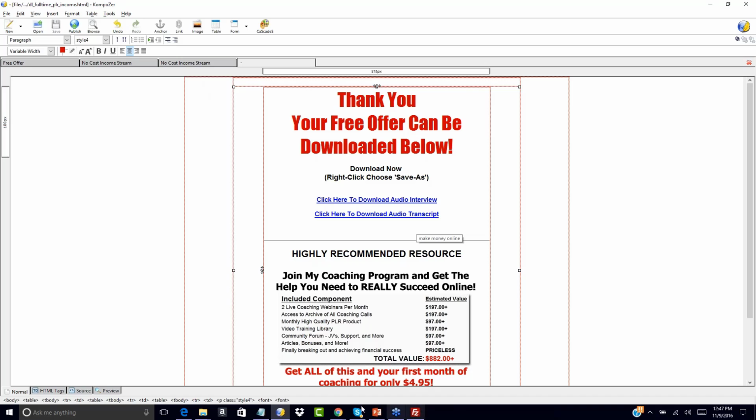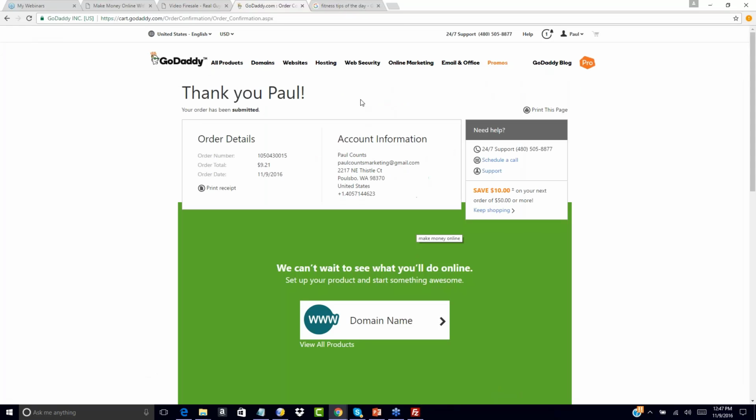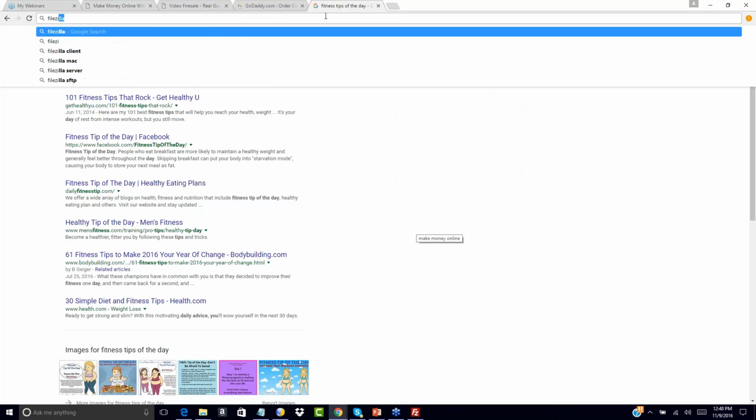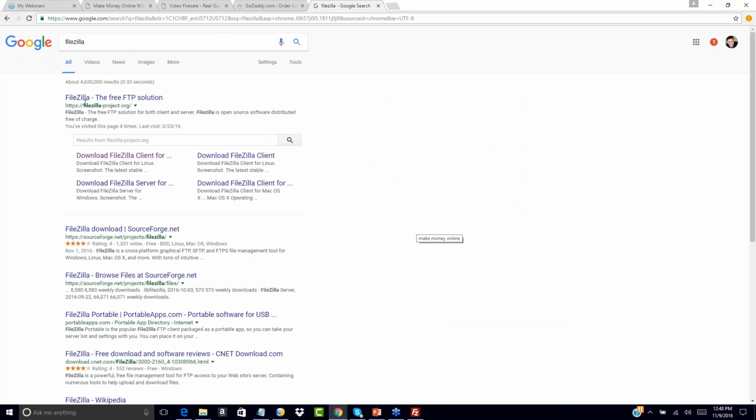So let's go in and I'm going to show you one other tool that I use. This is a free tool, and it's called FileZilla. It's a free program. You're going to want to download this at some point because there's going to be a time where you need to upload files from your computer to your web host. Those could be the free giveaway product that you're offering. It could be any number of things. So in this case, we're going to upload from FileZilla